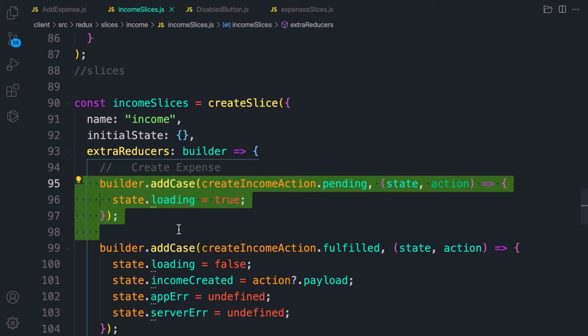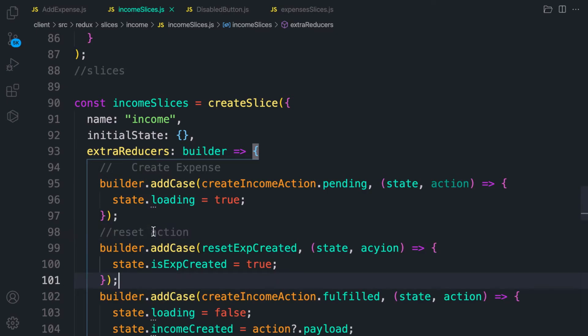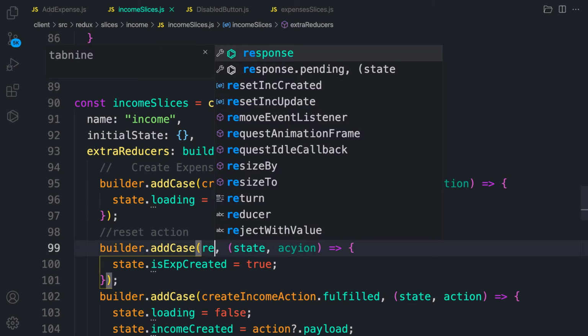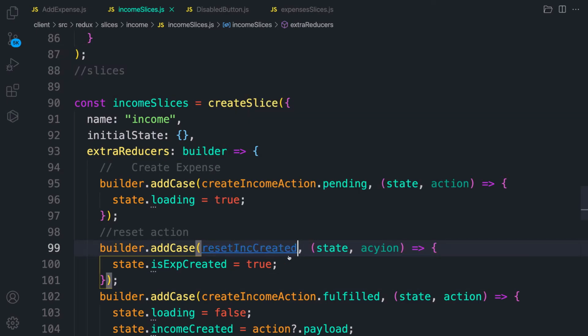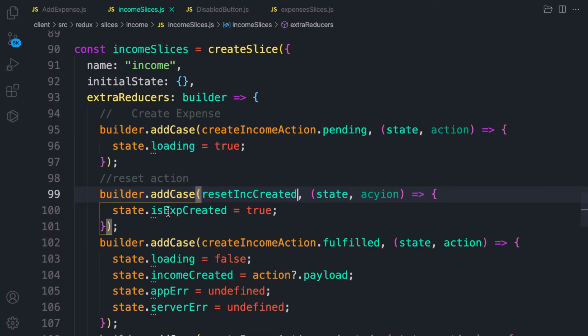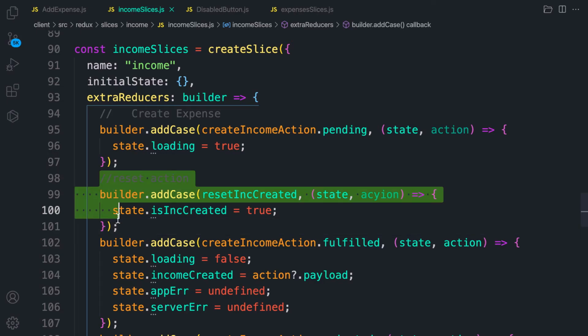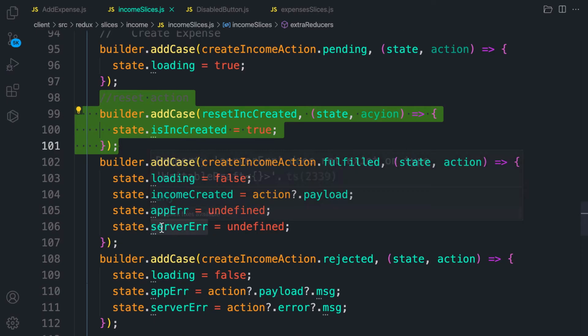Here, before we dispatch this one, let's place it. This time around, it's not this action, it's what? Reset income created. And the difference here is what? Is income created, as that. And for the update, okay, so let's copy this one and let's locate where we are handling the